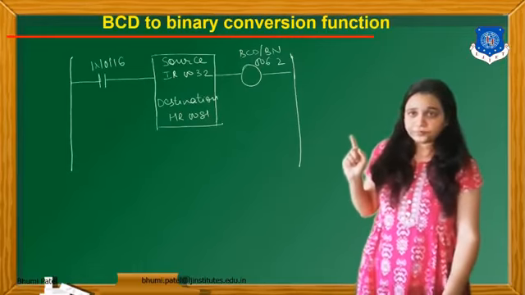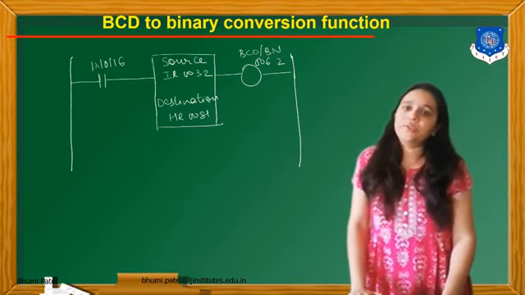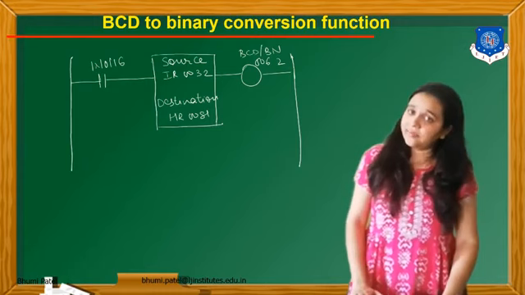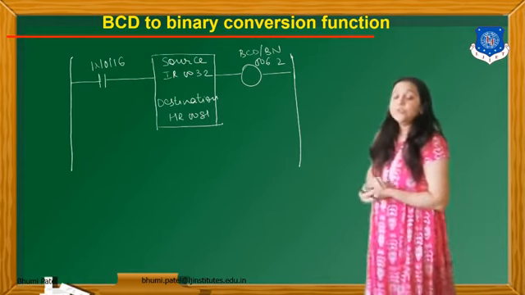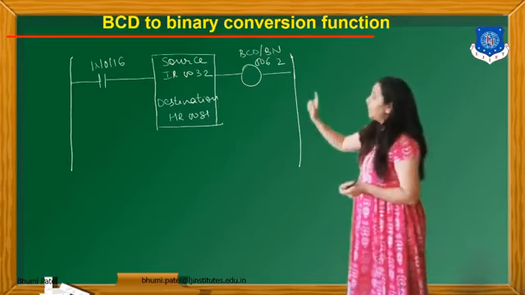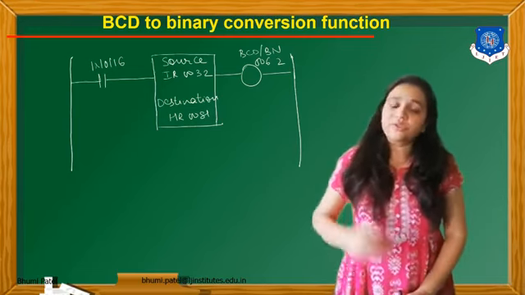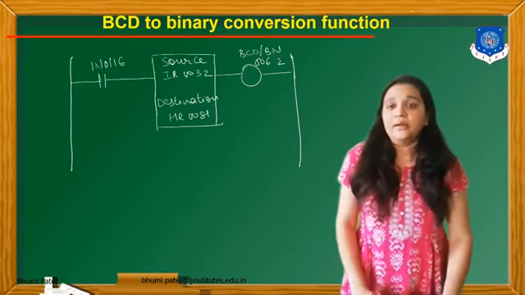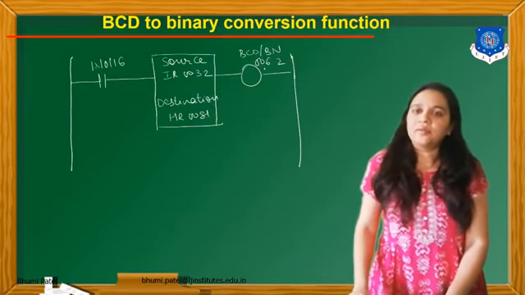So this is the ladder diagram to convert BCD number to binary, which we have to study in chapter number 17. What is the format of this ladder logic diagram? Here we have to compulsorily use the block format. A single input is applied, and in the block format we have to use the source and the destination address, and here this is the output of the BCD to binary conversion.